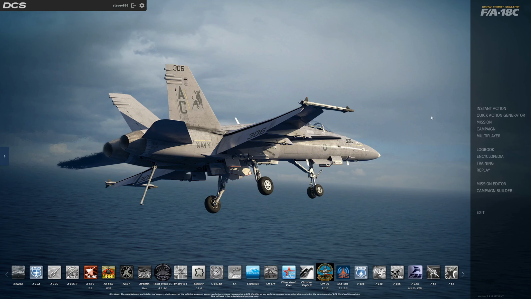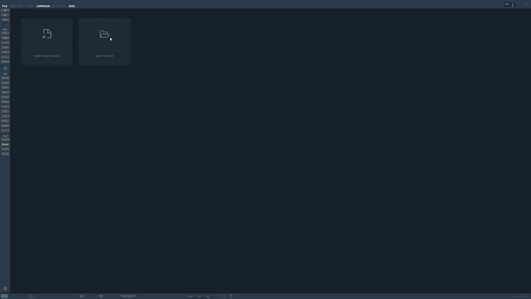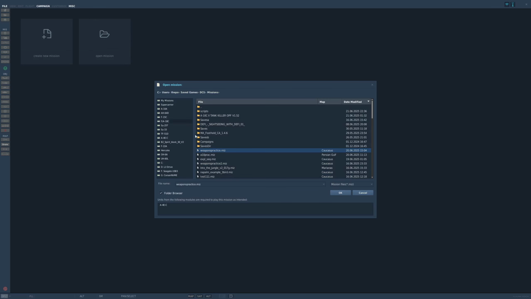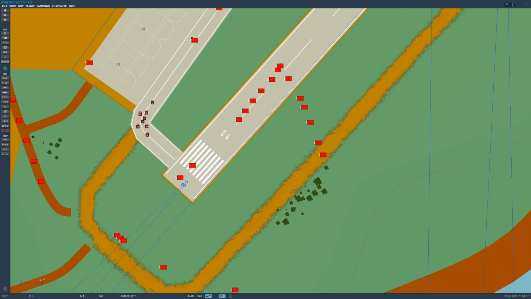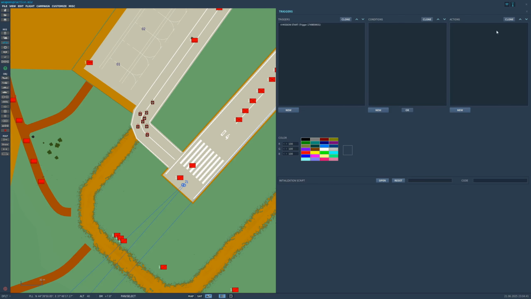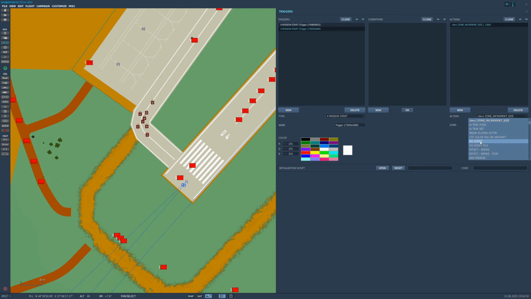Okay, now we are in DCS. You can go to Mission Editor, open the mission or create a new mission, whichever you want to use. Okay, and once the mission is loaded or you've created a new mission, go to this icon here, set rules for trigger, and we have it set already, but I'll create a new, type mission start, then the right side, new again, do script file,